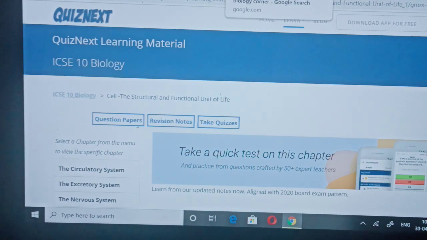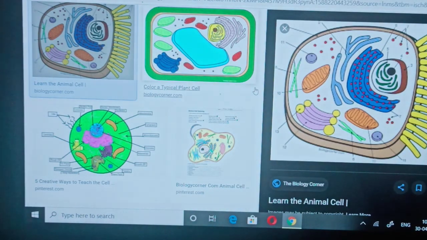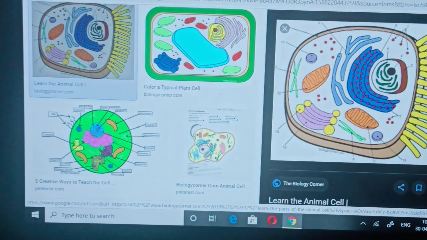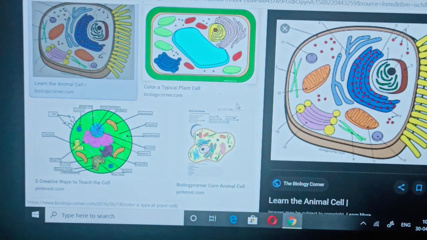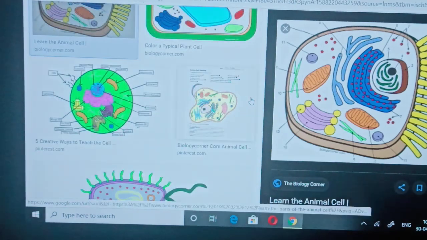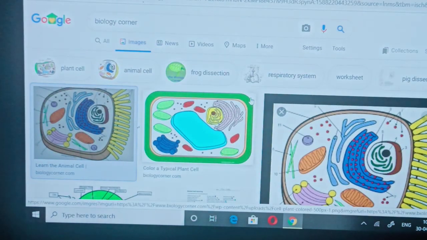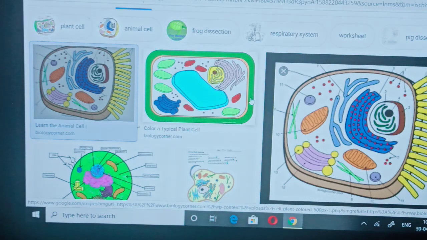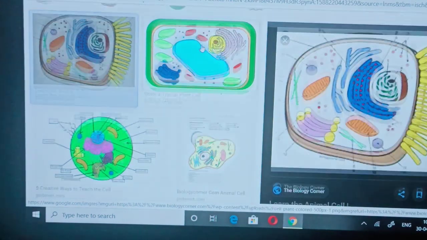So, how to prepare biology? Before you start a biology chapter, whatever diagrammatic part is given in biology, you should draw it in a very colorful way so that it attracts you while studying and gives you a very clear picture of the diagram. And before we start the new chapter 2,